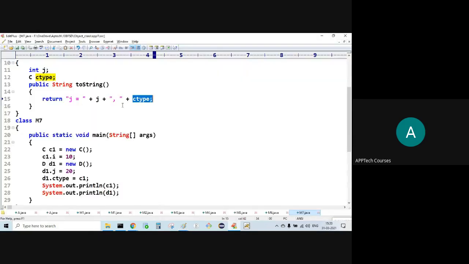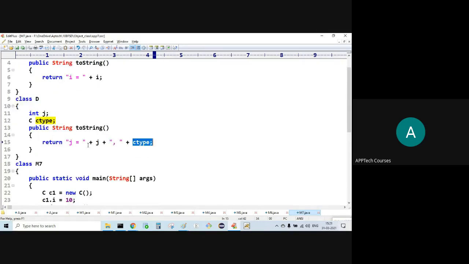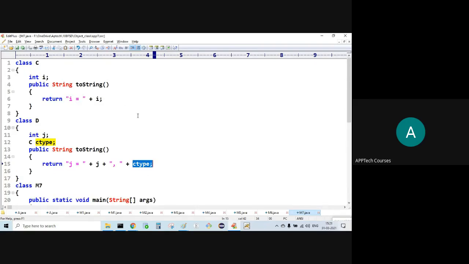First I is equal to 10, then J is equal to 20, comma, I is equal to 10.